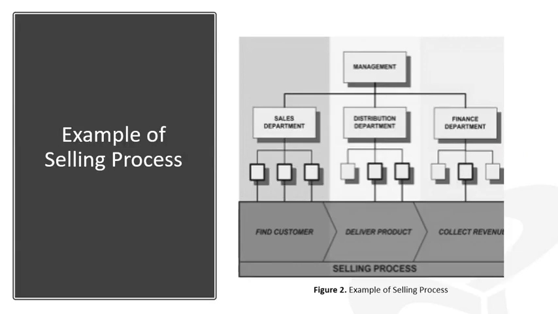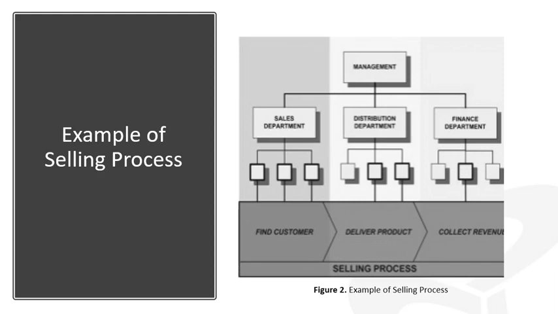Business processes, on the other hand, cut across these functional silos, where different activities in a process require different skills and involve several people and departments. An example is the selling process to a customer. It will involve several departments as shown in the figure, such as sales, distribution, and finance departments, and also involve people in those departments. So why have information systems and organizations evolved into functional silos?